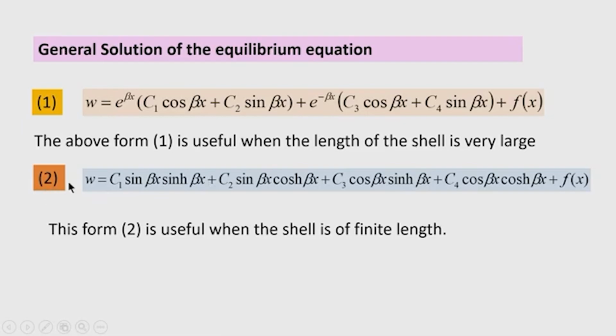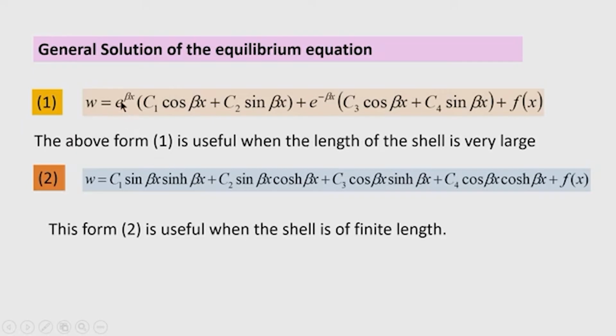Number 2 form, that is W is equal to C 1 sin beta x sin hyperbolic beta x plus C 2 sin beta x cos hyperbolic beta x plus C 3 cos beta x sin hyperbolic beta x plus C 4 cos beta x cos hyperbolic beta x plus f x. These terms that you are noting here, written in terms of trigonometrical and hyperbolic functions, can be easily obtained when